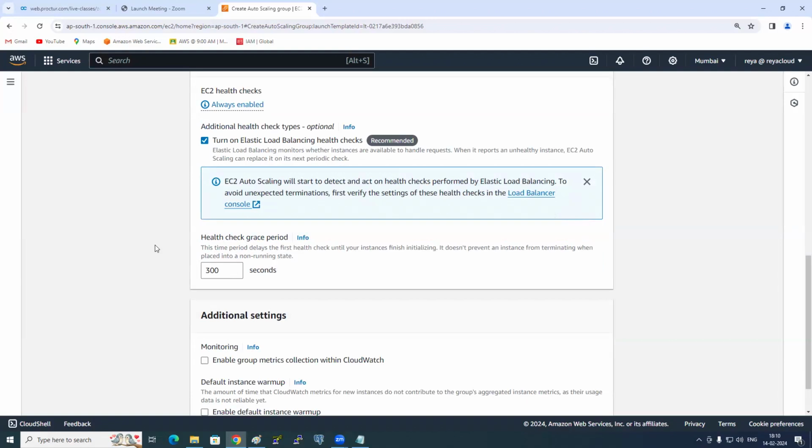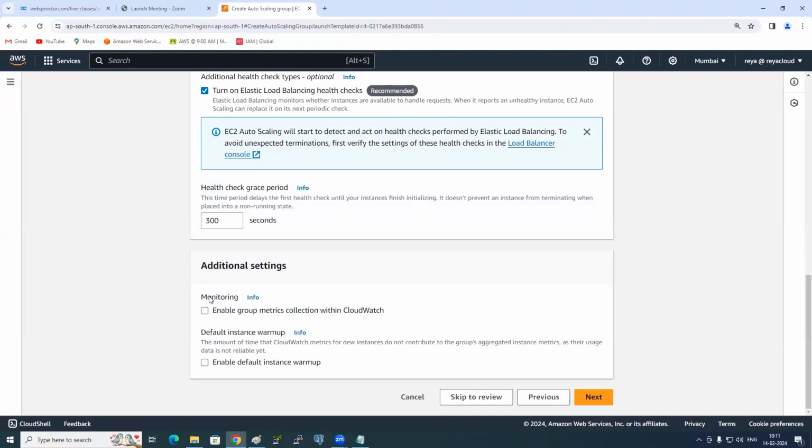Generally, you launch many times, no? And how much time does it take to get 2/2? In how many minutes will you get 2/2? 2-3 minutes, no? Maximum 5 minutes, right? So if it is in the initializing state and you do the health checks, will it work? No. So to do the health checks, at least how much time do you need to give? 5 minutes is a very good time, no? So that's the reason you have 300 seconds here. 300 seconds means 5 minutes.